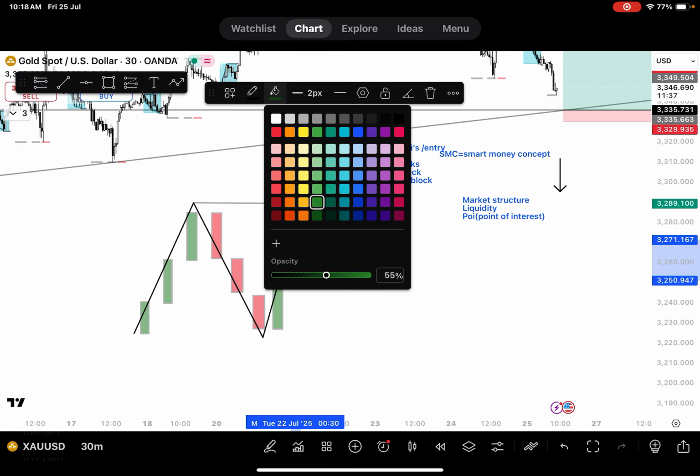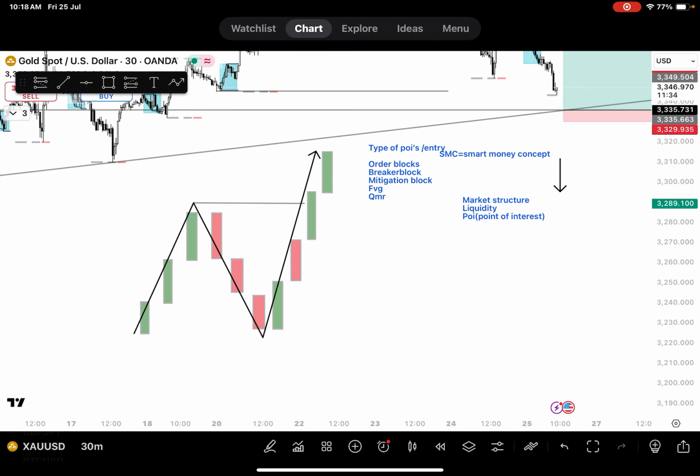You still see another red candle will form as the market is going up like this. You understand? Maybe another red candle will form along the line as the market is still going up, but still within the break of market structure. Now, what you are going to do in positions like this,